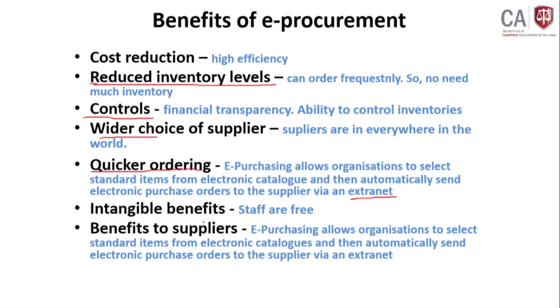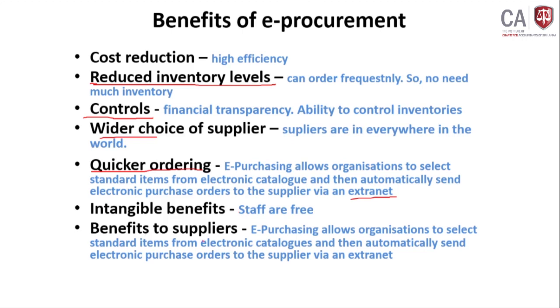Intangible benefits: staff are free. Staff do not need to print the bid document and so many other involvements can be avoided. So you don't need to worry about the manual processes. Now it is online. It is an e-procurement system. You can do everything online now. So there can be so many intangible benefits the supplier is getting. Actually, the companies can even reduce the staff if they have a procurement system.